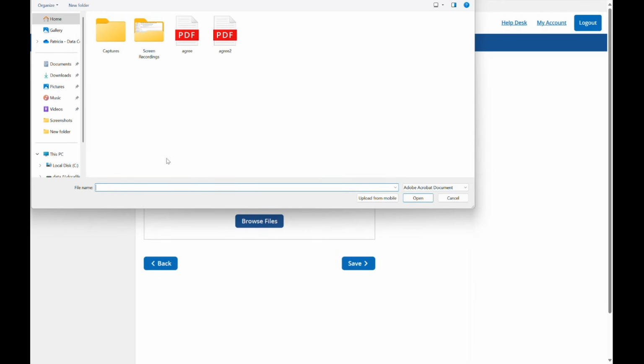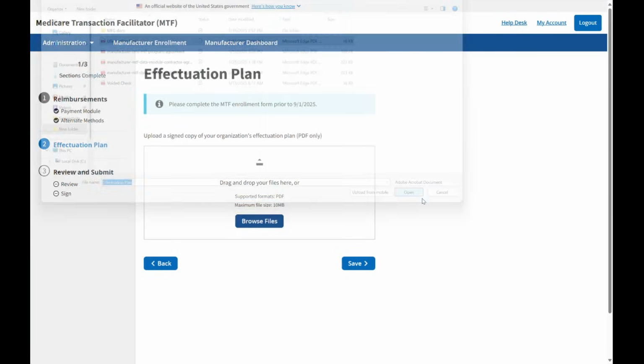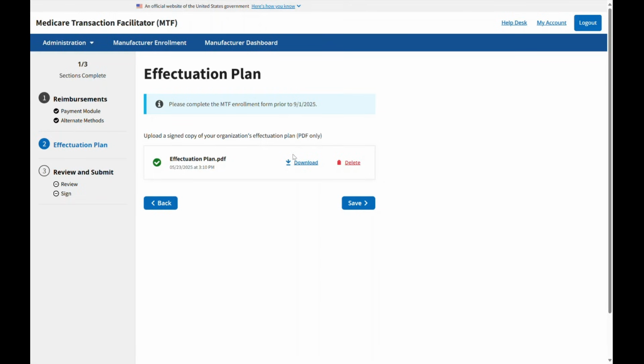Browse your files and select the file that you want to upload. Once the system has uploaded the document, you can download a copy and you can delete if you need to upload a different document.